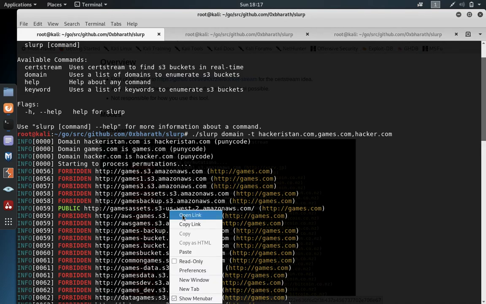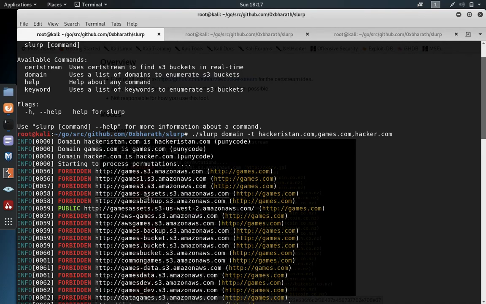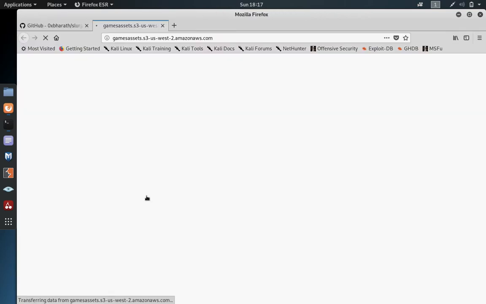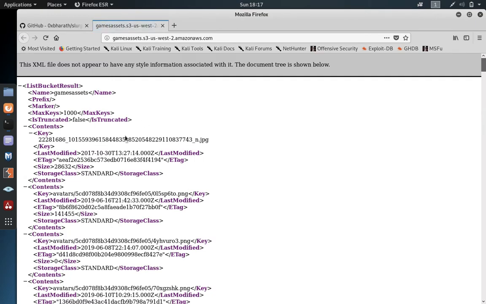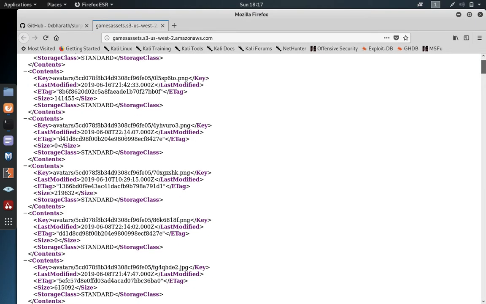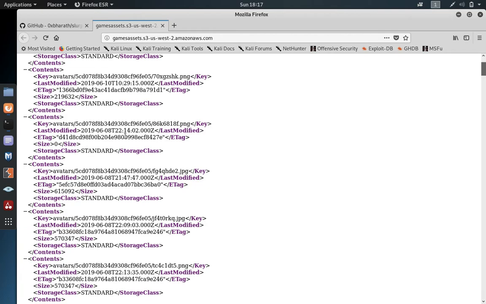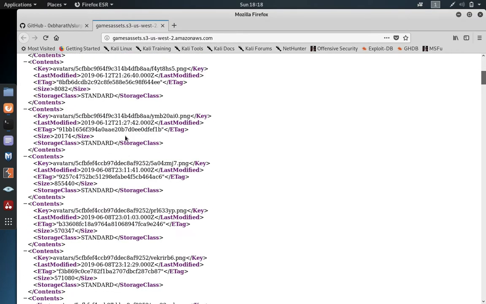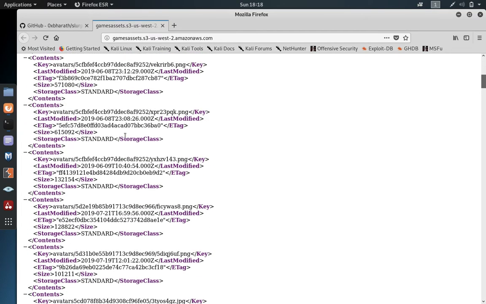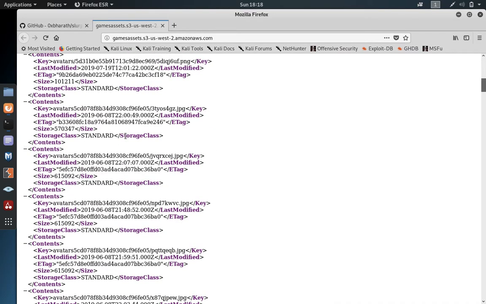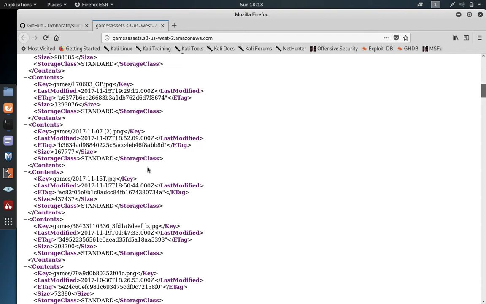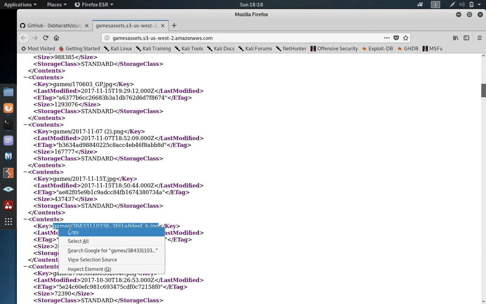Like this is publicly available, guys. So if I open the link, you can have a look, it will give you the complete detail about the particular S3 bucket link that is actually available here. This is the key link. Let me try if this is accessible here.